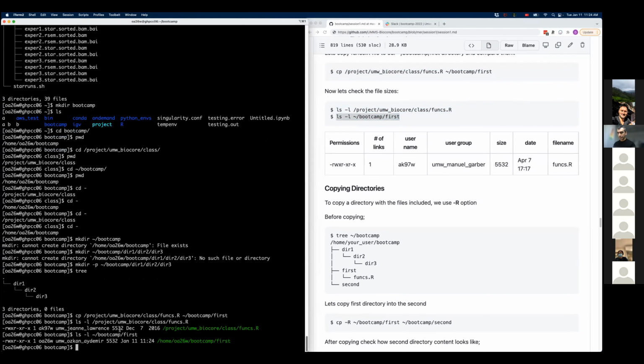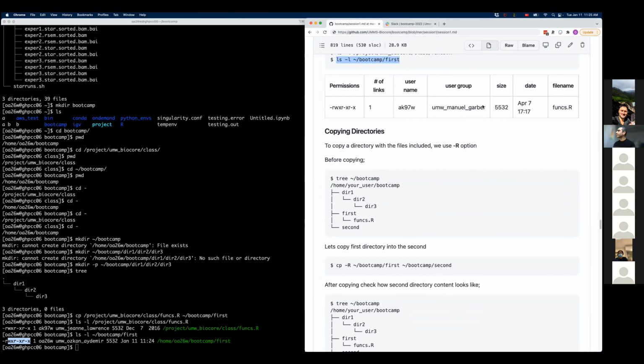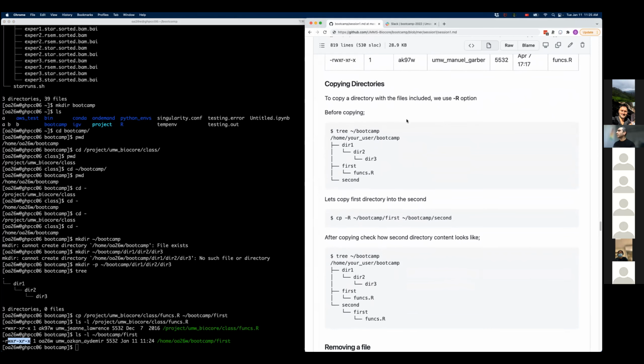The size of the file is exactly the same, 5532. But some other information is different, like who is the owner of this file. And the name of the file is also different. It was funcs_r, and now it's called first. The permissions also are kept, and this is the stuff we talked about already.